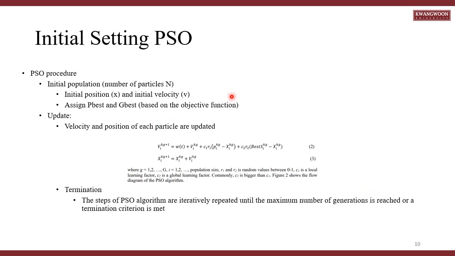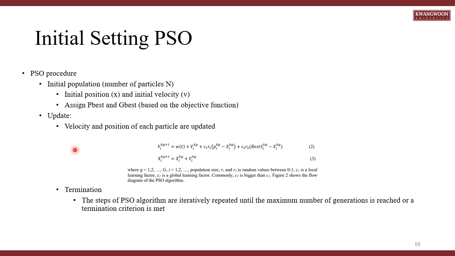So first of all, to get the initial setting of PSO, we need to know the initial population number of particles. This is very important. And then the initial position, also the initial velocity. And then, as I already discussed in the previous slide, because we also consider the individual movement and the global movement, from the point of view of an individual particle to the global particle, G best is used. So this P best and G best are optimized based on the objective function, and we can get